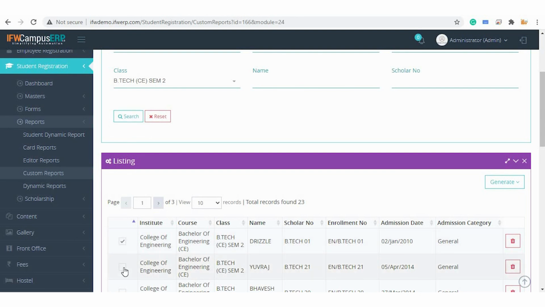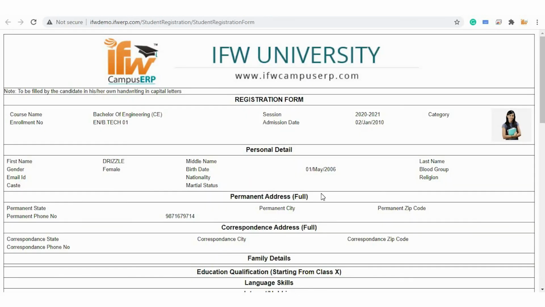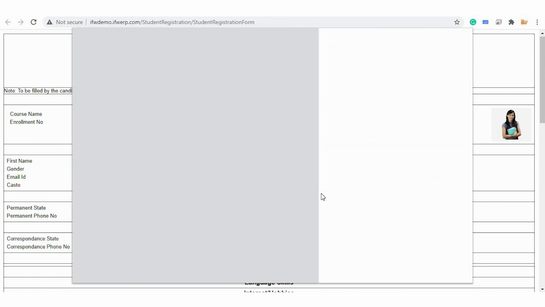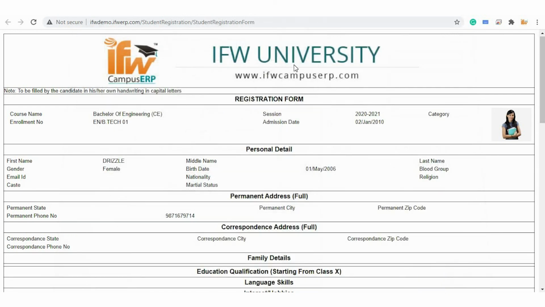The students will be listed here. You can select the student for whom you want to generate the forms. These forms can be generated in HTML and PDF as I have told you earlier, and we are getting a print here. So this is how the student registration forms look. You can take a print on A4 size paper and you can also save these records.